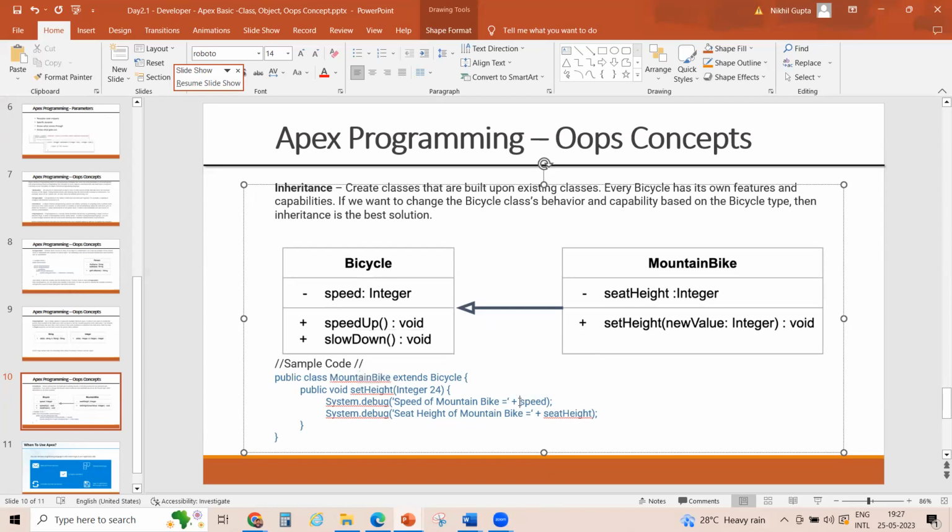So one second, super dot speed. See, what we are trying to do here is, there are two lines written. One line is saying seat height of a mountain bike. So similarly, whatever it is coming, it will come here as a 24. But what about speed? Speed is present in the